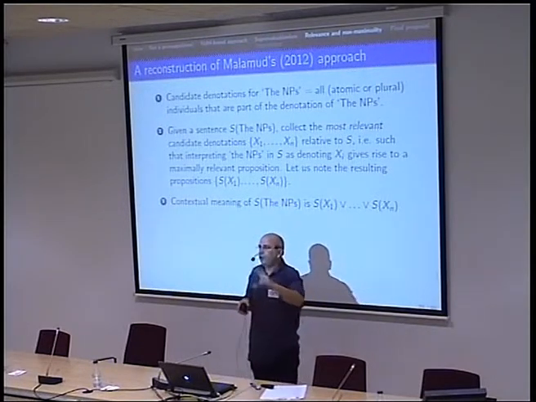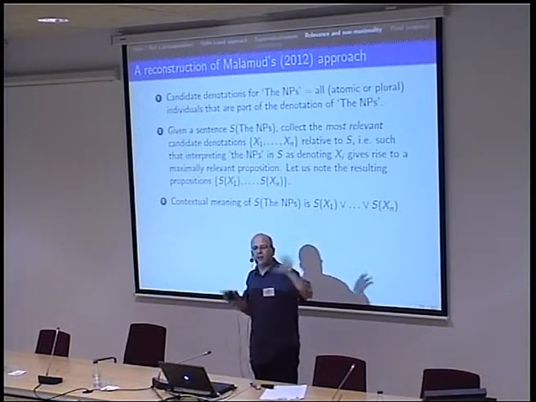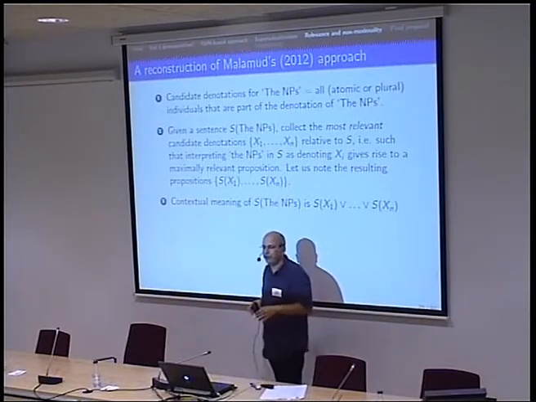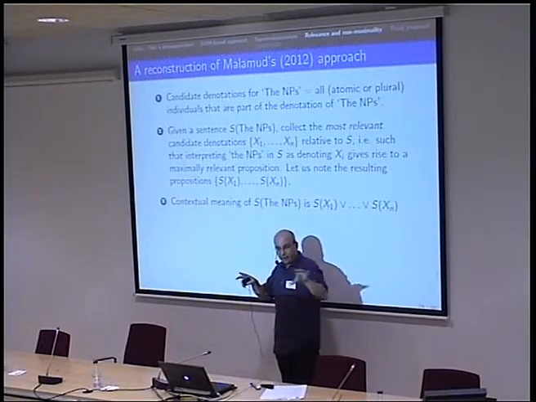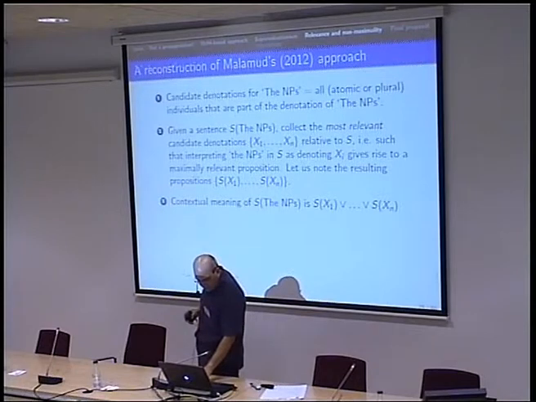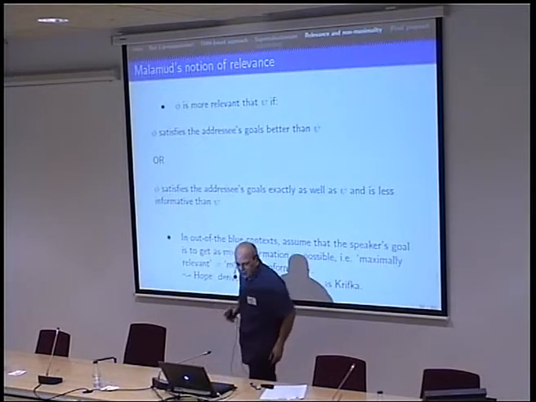So you have all these subsets of books. Some of that you eliminate because they are not relevant. That wouldn't be maximally relevant according to some definition of relevance. So a few remain. So you get a lot of different possible meanings, and you get the disjunction. Okay, it has a number of problems, but the important thing of that is,